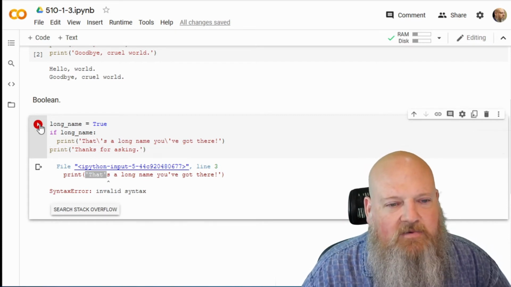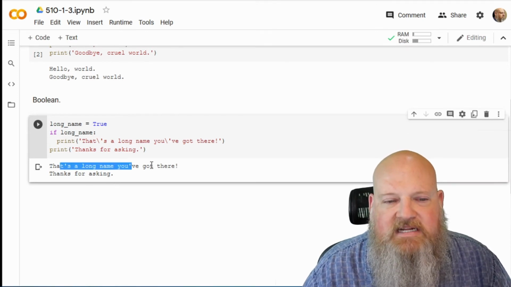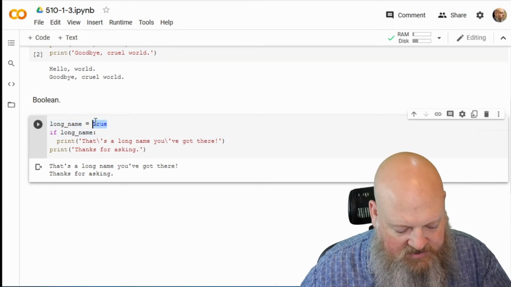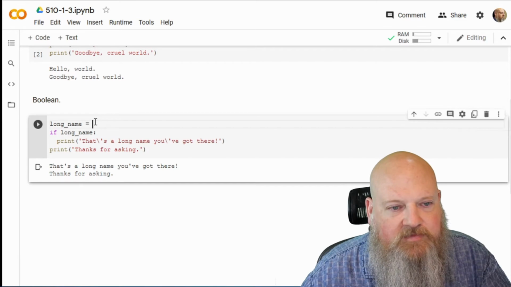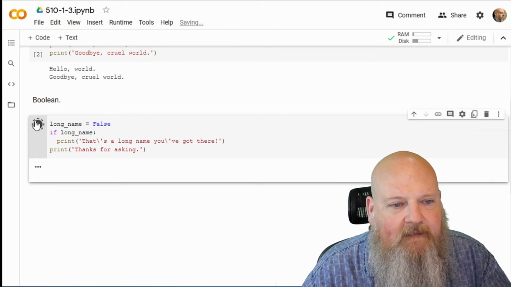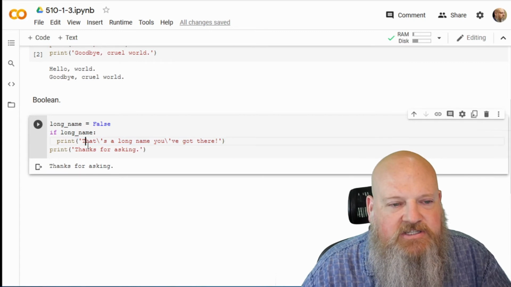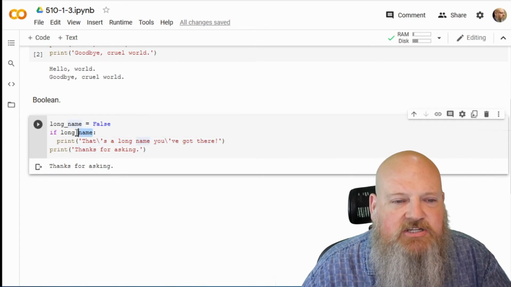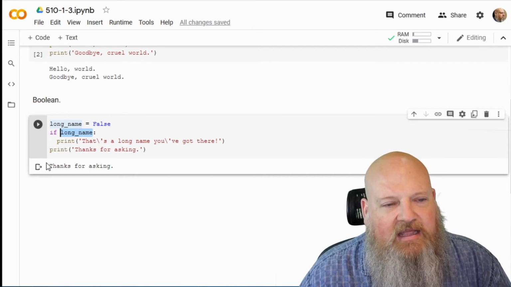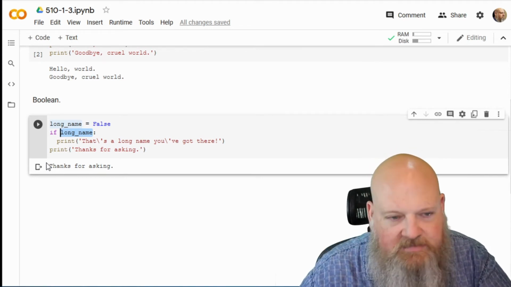Okay, so let's go ahead and run this. All right, that's a long name you've got there. Thanks for asking. So the reason it's printed this is because this condition is true. If we change this to false and we rerun it, it's going to skip this part because it's not true, and it's just going to do this part. So the condition is something that resolves to true or false. Now it's pretty rare that you'd have a variable that actually contains a true or a false. It's more likely you'd have something like if,